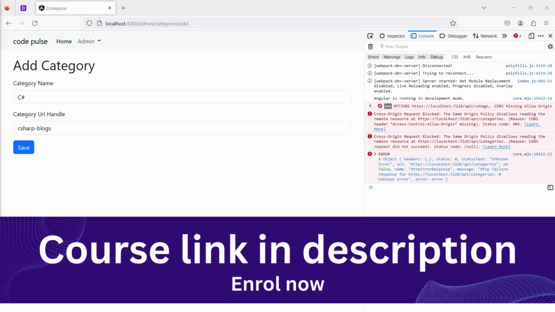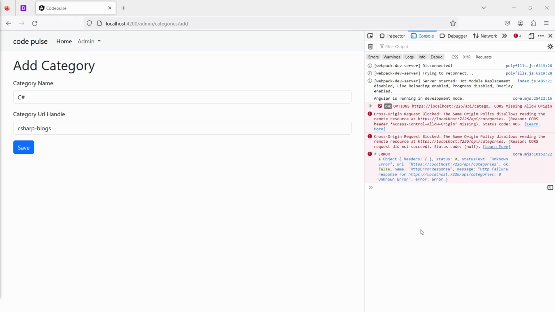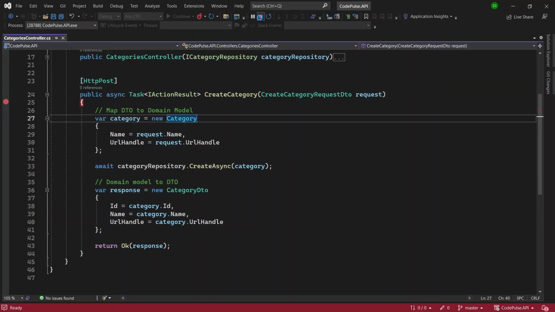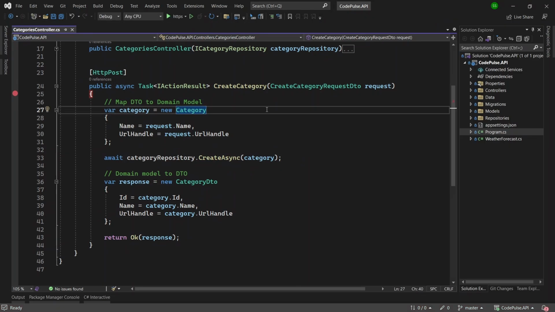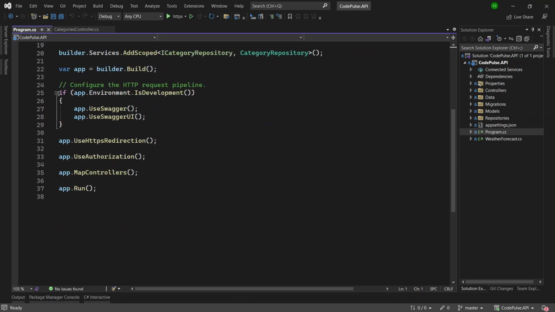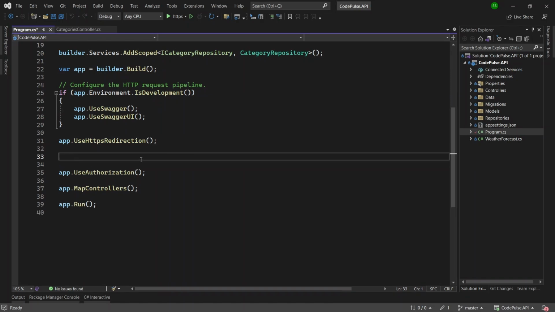In the last lecture, we were trying to submit this form, but we got a CORS error. And now we are trying to get rid of this CORS error by enabling it in the API. So let's come back to the API and stop the API. And let's try to enable CORS. So let's come to the program.cs file. And if we scroll down, we have to enable use CORS inside the HTTP request pipeline. So when the HTTPS redirection happens, we want to say